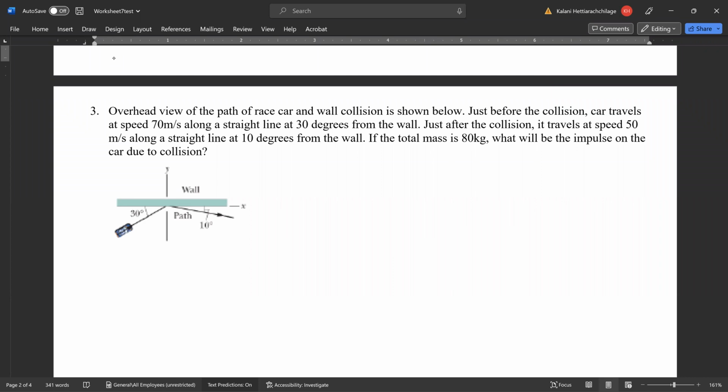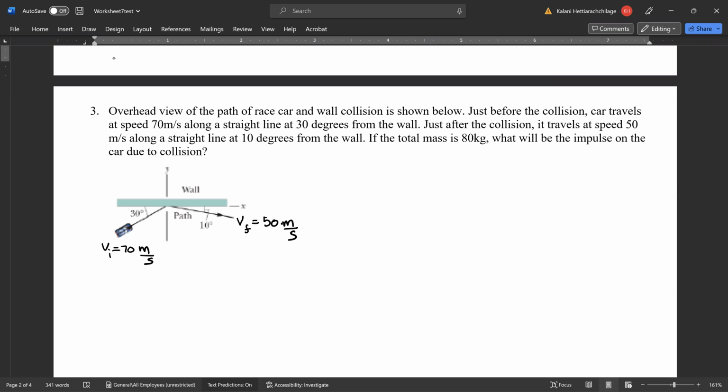So V initial is given as 70 meters per second. Let's write it in here. V initial equals 70 meters per second, and the line is at 30 degrees as shown. Just after the collision, it travels at a speed of 50 along the straight line, as you see in here. V final will be 50 meters per second